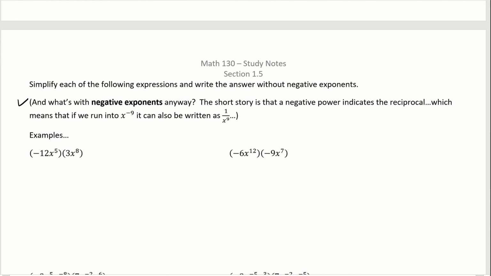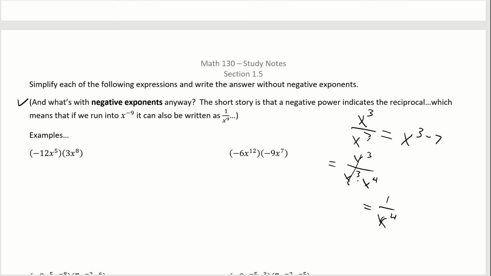The negative exponent story is this. They teach the quotient rule the following way. Instead of writing it as I did, which is x to the 3 over x to the 3 times x to the 4, cancel and get 1 over x to the 4. You follow? Instead, the quotient rule really says write x, take the top power, subtract the bottom power from it, and if you do it that way,